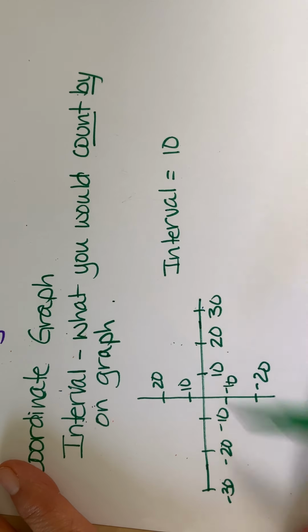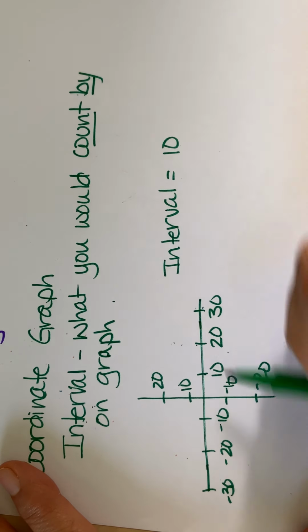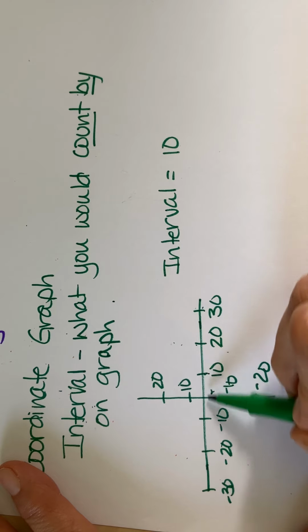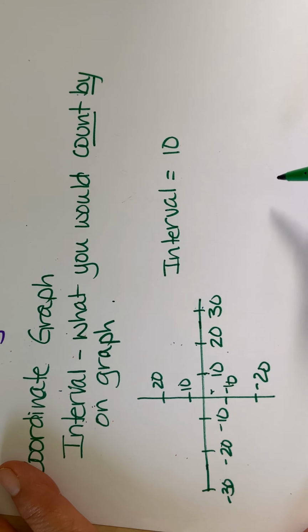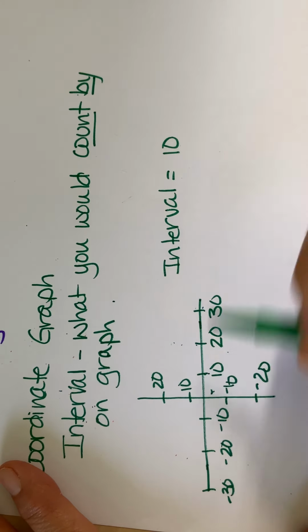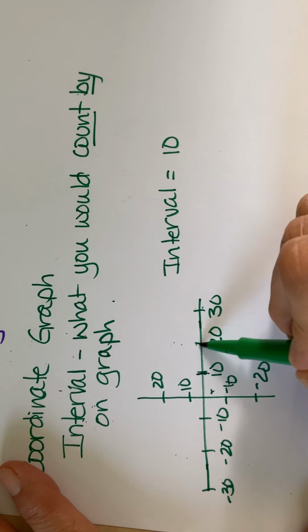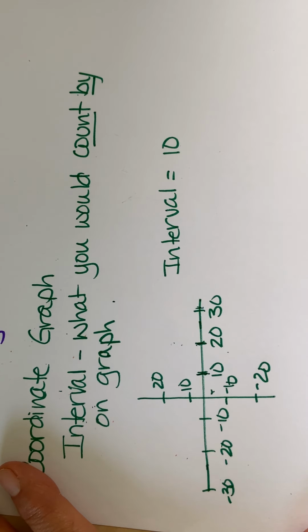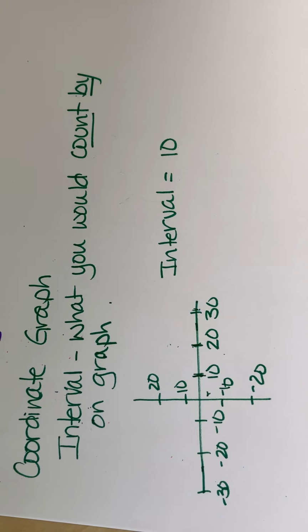I can go by ones, I can go by twos, I can go by fives, but in this case, I would go by tens. So anything in here is gonna go by tens. It doesn't mean I start at 10, it just means that every little mark on my graph is 10. So that's what an interval is, okay? Your coordinates